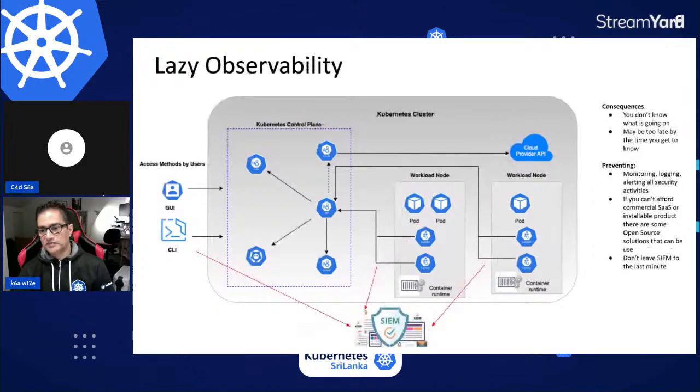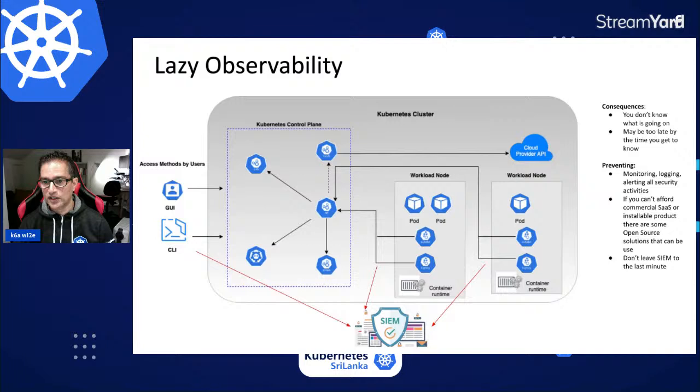Lazy observability, right? So assuming that you've done all the good things that we discussed earlier, but you're not doing any observability at all. Security Information and Event Management, right? Which is what SIEM stands for. If you're not doing that, you don't know what's going on. You think that my cluster is secured, and it may also be too late by the time you know something has happened. So obviously what you don't want to do is